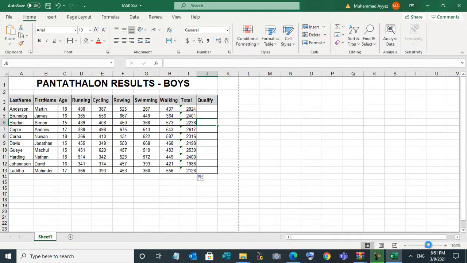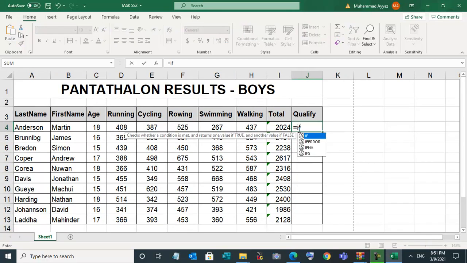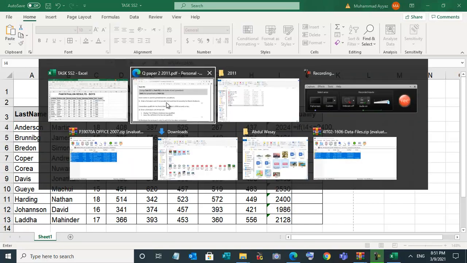Equal sign IF, bracket start. They are checking this I4, the value of this I4, which is the total time. But what is the criteria given? If this is less than or equal to 24, then it is qualified. We will check again.